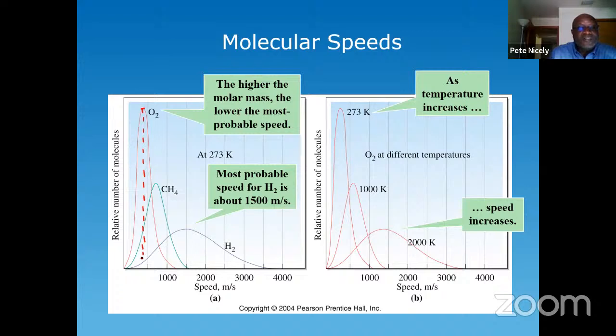It cuts the x-axis here. By my estimation, what would be the value here? This is 1,000, this is 500, so I would say this is about 400 meters per second. That would be the average speed of the oxygen molecule. And in the case of methane, do the same thing. You drop a line from the maximum point until it cuts the x-axis. So I would estimate that this is about